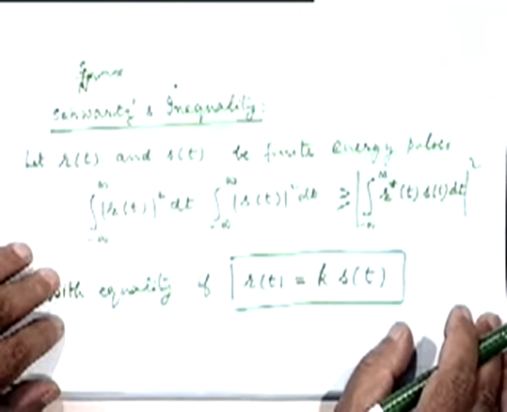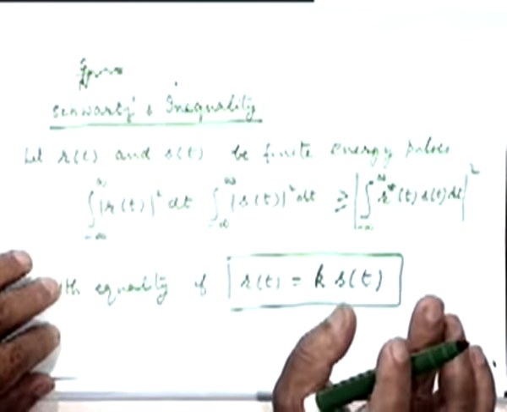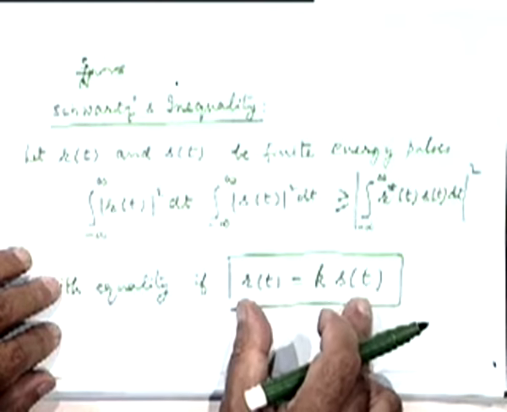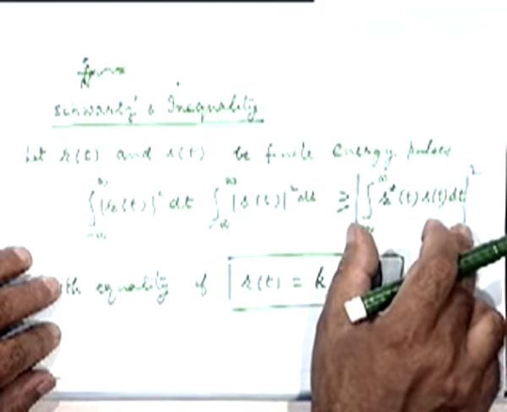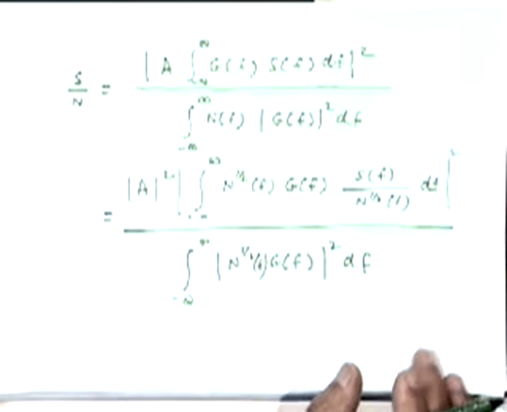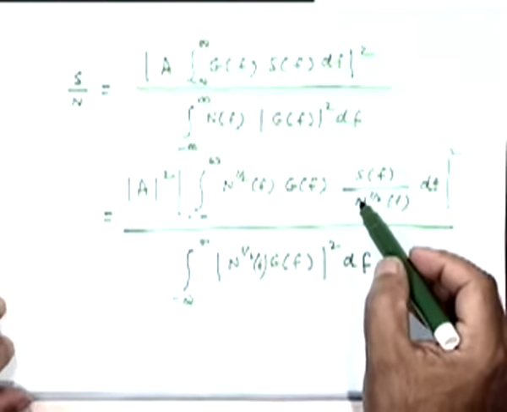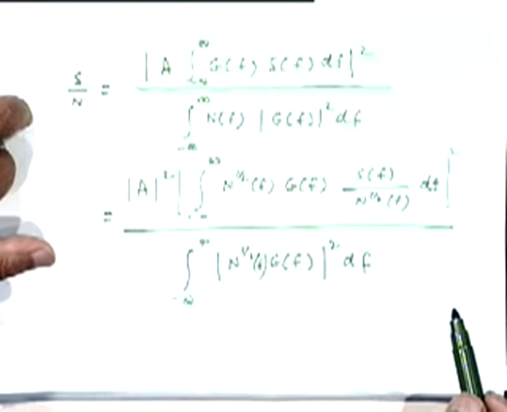So what is the maximum value of this ratio? The two functions become equal. There are two things. One is at what point is the maximum achieved, another is what is the maximum value. The point at which the maximum is achieved is when this condition is satisfied, and the maximum value of the ratio is whatever this is. So these are the two things. First let's look at the maximizing point, the maximizing function, the condition under which this ratio will become the largest, which is what we want to do. We want to maximize this ratio.